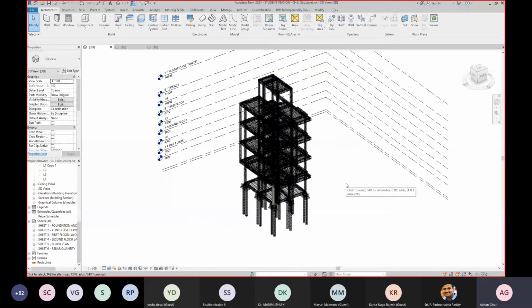Because if all of you have opened up your software right now, I am sharing some workflows for getting drawings, extracting drawings, and also extracting quantities out of it. Is it visible to all of you, the Revit screen? Yes, sir. Audio and video is all clear, or is there any lag in between? It's clear, sir. No lag.